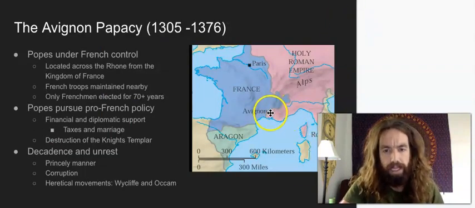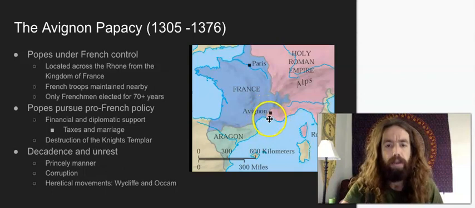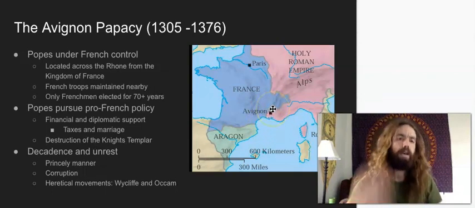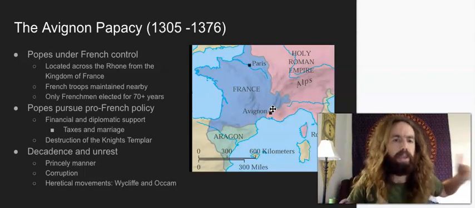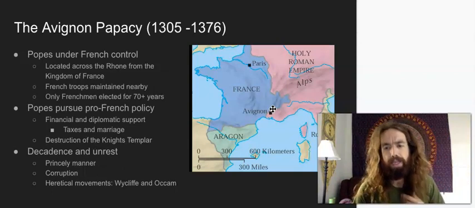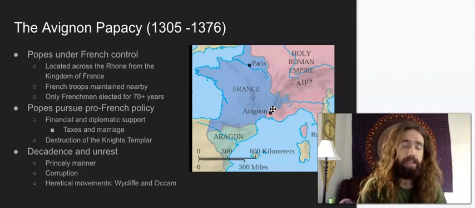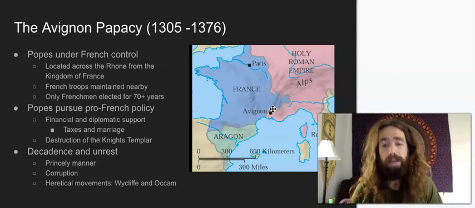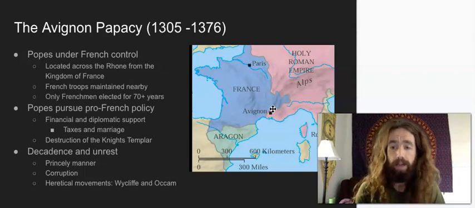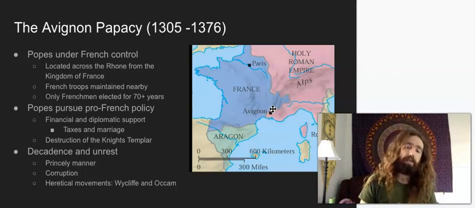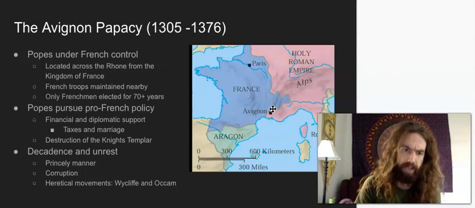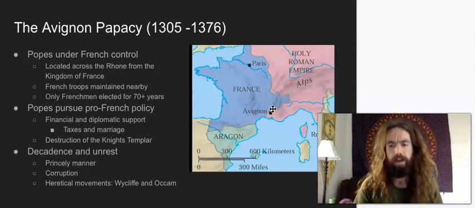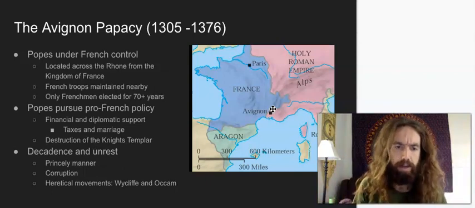Avignon is right here. It's in France today, but back then it was a papal territory right on the border of France. And there's a big old bridge that connects Avignon to France, which is just on the other side of the river. The French king maintains an army right next to Avignon, and it turns out that as long as the papacy stays in Avignon, only Frenchmen are elected to the papacy. On top of that, the papacy for the next 70 years pursues a pro-French policy. They let the French tax people, they let the French kings marry whoever they want,